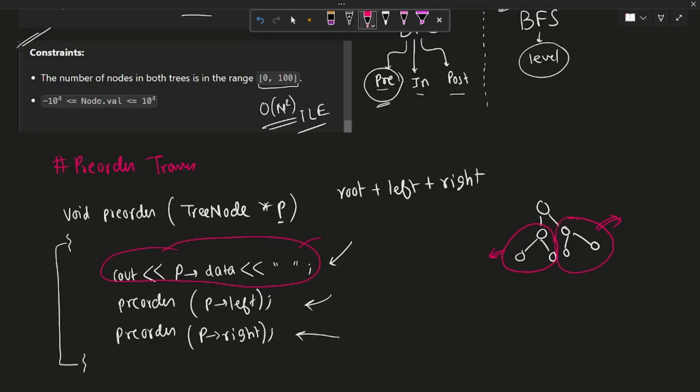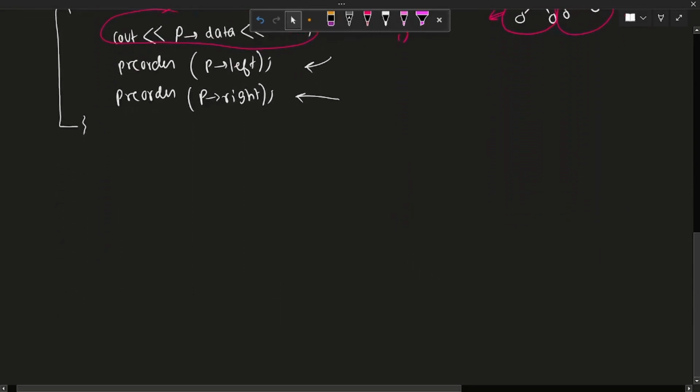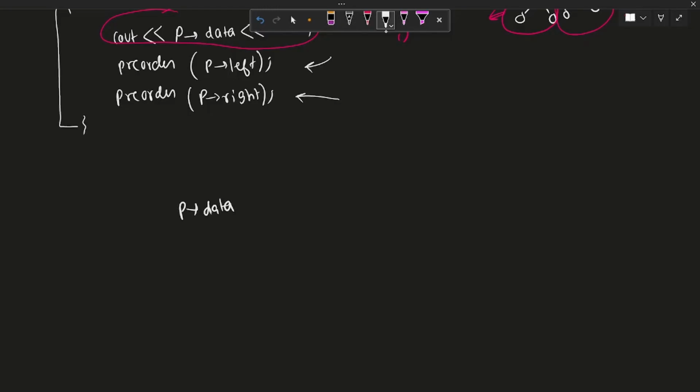So basically the first step will be, first check if the roots of the two binary trees are equal or not, then go to the left subtree and check if the left subtree is equal or not, and then check the right subtree. So we have three conditions, and if we want to check that all three conditions are true, we can club them using an AND operator. So the first condition is that P data is equal to Q data, right? This is our first condition that we need to check, and we will also check for the left side tree,